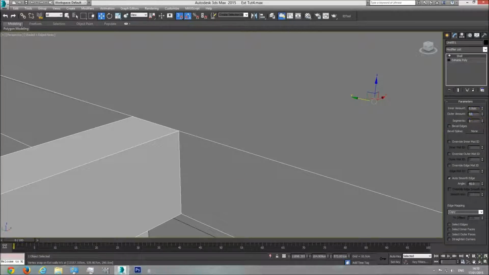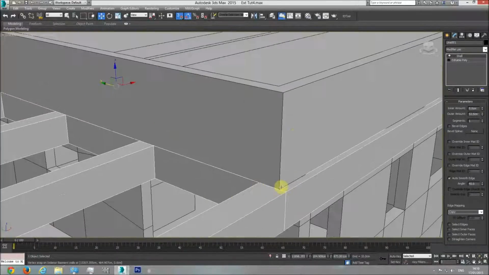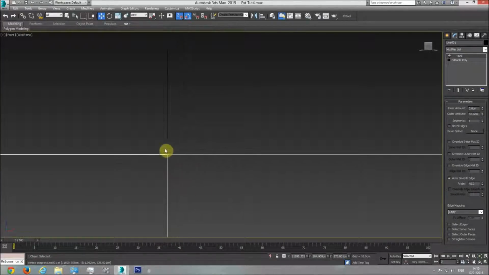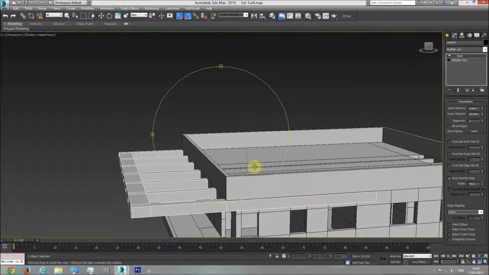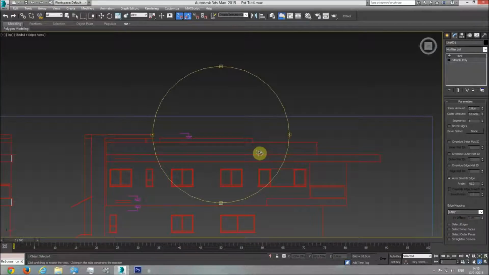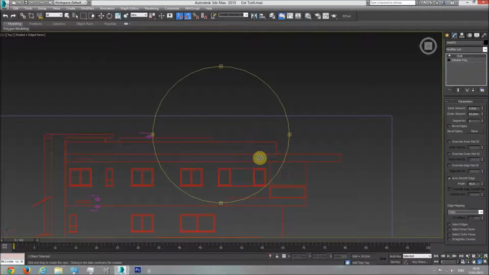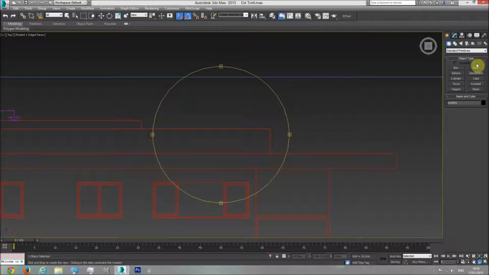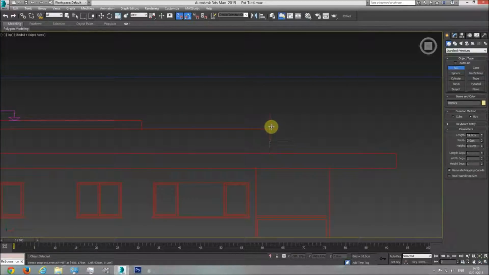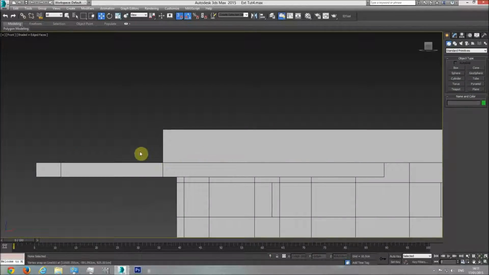Let's give it a 52 value. That's exactly the right height. You can see in the front viewport that exactly the right height. Now let's see that it is right here. Okay, so after the ending of this element, we have 89 centimeters till the end of our roof railing. 89 centimeters. So let's go to the front viewport, try to create a box 89 centimeters high,